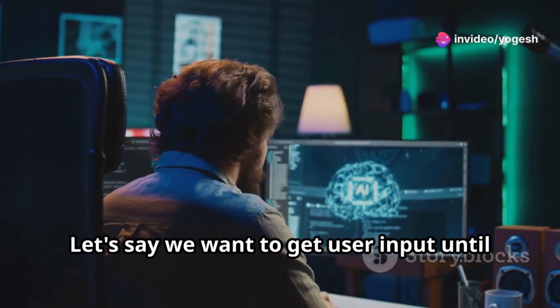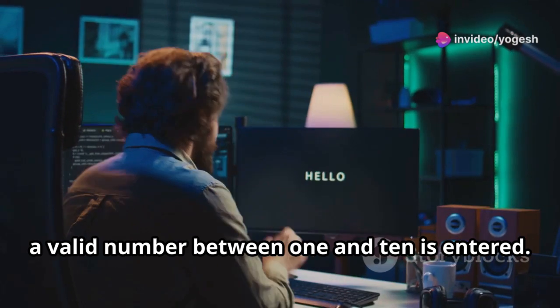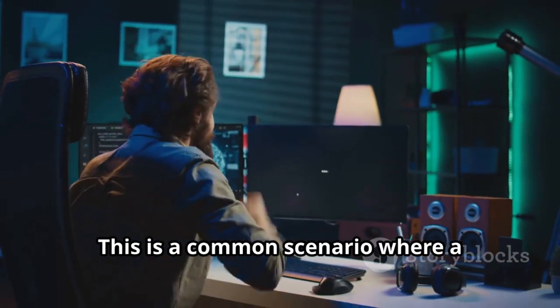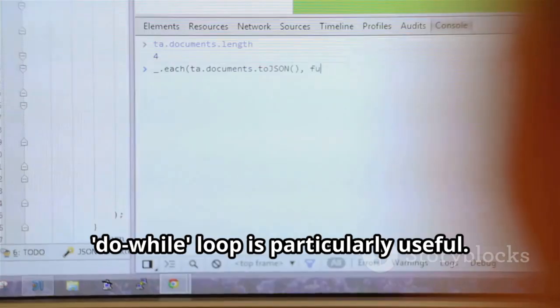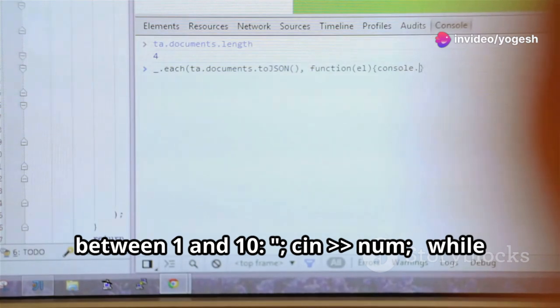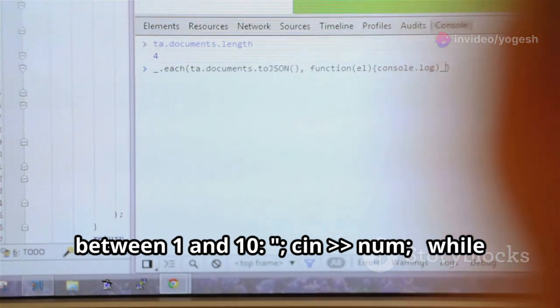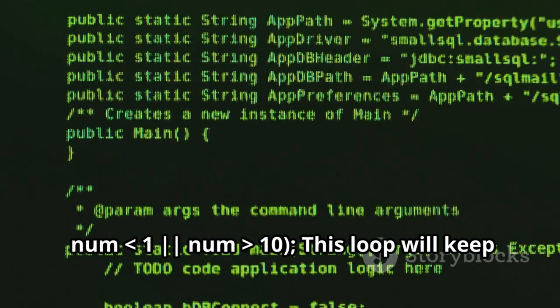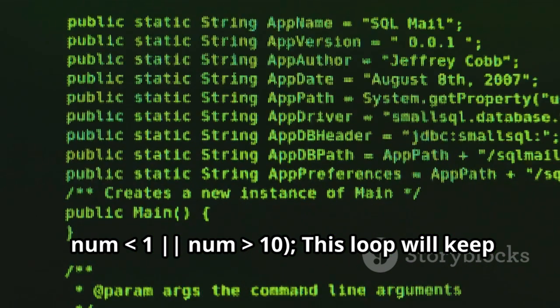Let's say we want to get user input until a valid number between 1 and 10 is entered. This is a common scenario where a do-while loop is particularly useful. C++: int num; do { cout << "Enter a number between 1 and 10."; cin >> num; } while (num < 1 || num > 10);